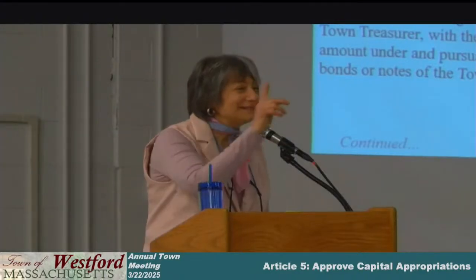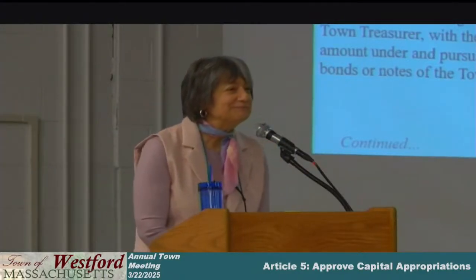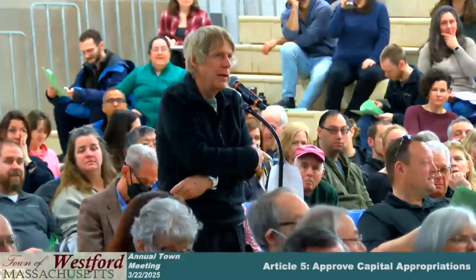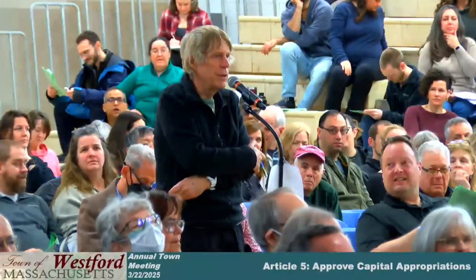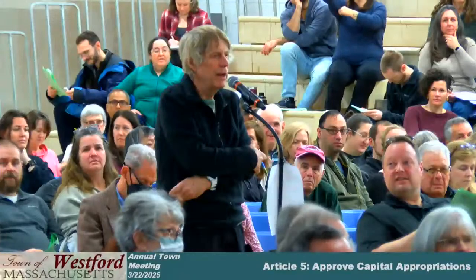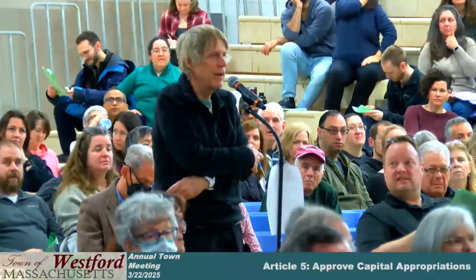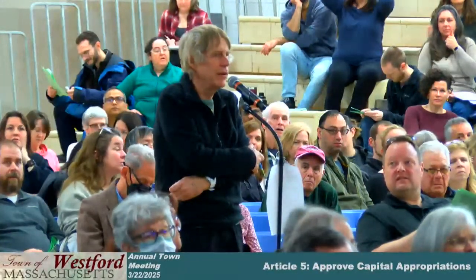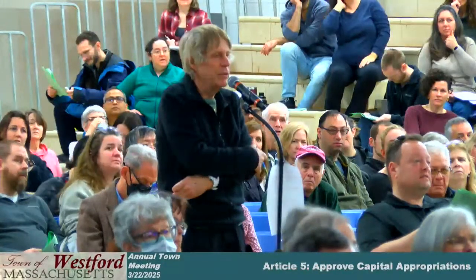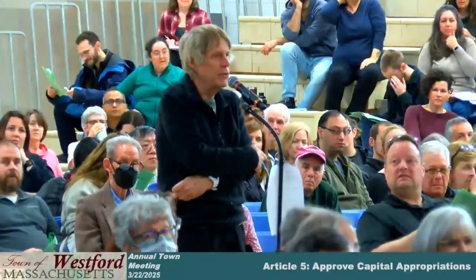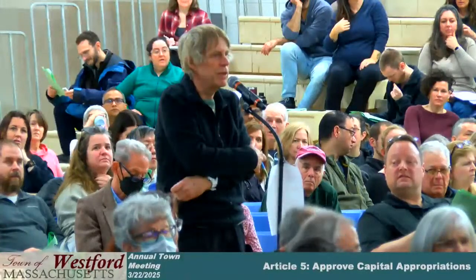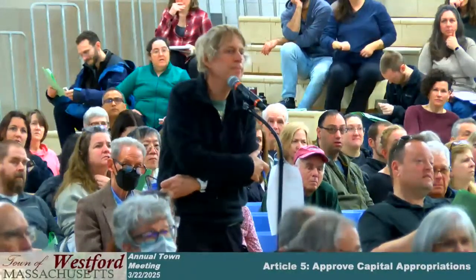Okay. At the center microphone, please. Alan Martin, Meadow Lane. If I recall correctly, at the supplemental town meeting, a 25-mile-an-hour speed zone was passed by the town and has not been erected in that area. And now we're being asked to expend $800,000 to realign the road when the speed limit signs haven't been changed.